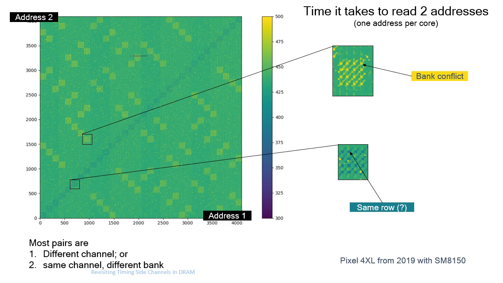And rarely there are two addresses in the same row in the same bank, and there the access is faster than usual because then there's no row switching necessary at all. Then the right row is always loaded in the row buffer and then it acts as a cache. So that's really the ideal case.